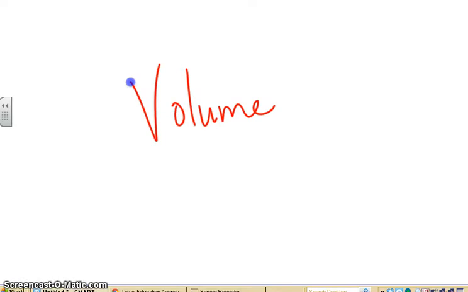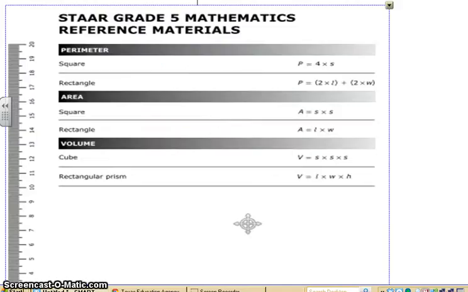Okay guys, today we are going to talk about volume. In our last video we talked about perimeter and area, and so the final thing that we're going to have to be able to identify in 5th grade is volume. So if we think about what we've already done with perimeter and area, we know that